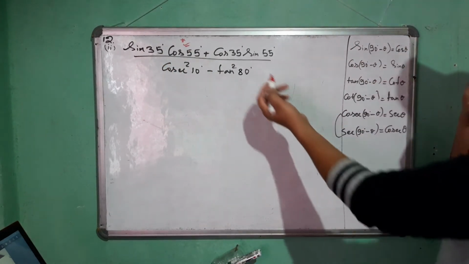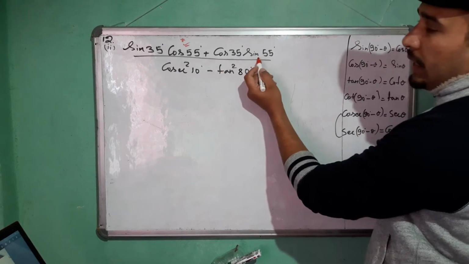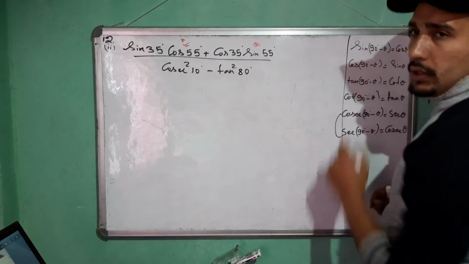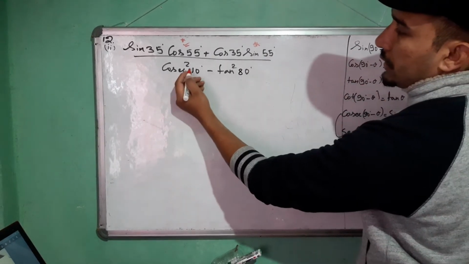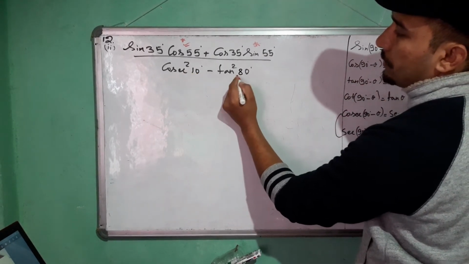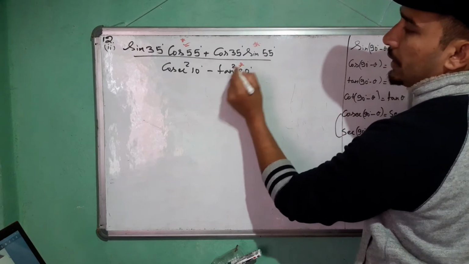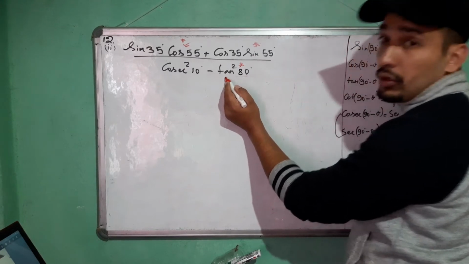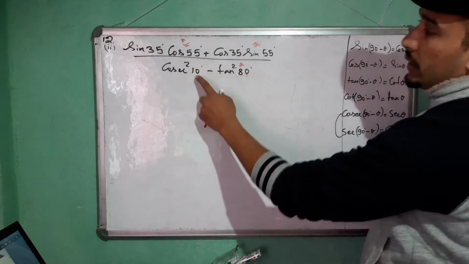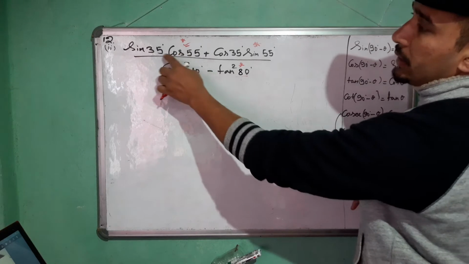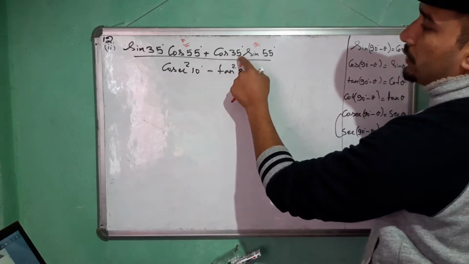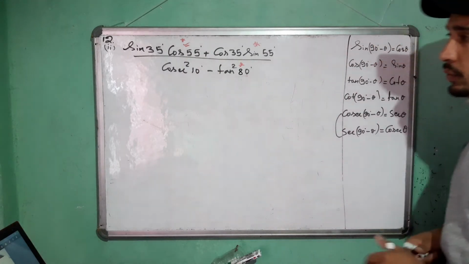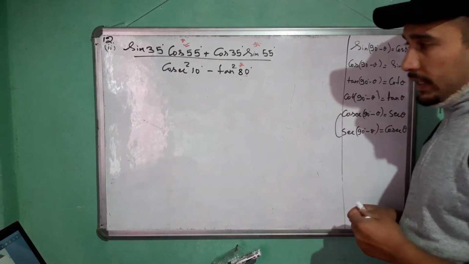From here, cos and sin again have a complementary relation. So I'll convert this bigger angle. And here cosec square 10 degree. Let's convert this bigger angle. Here you will get cosec square 10 minus, the complement of tan is cot square 10 degree. So cosec square theta minus cot square theta is 1. Here you will get sin square 35 degree plus cos square 35 degree. So in numerator also 1, in denominator also you will get 1. So 1 divided by 1 is 1.